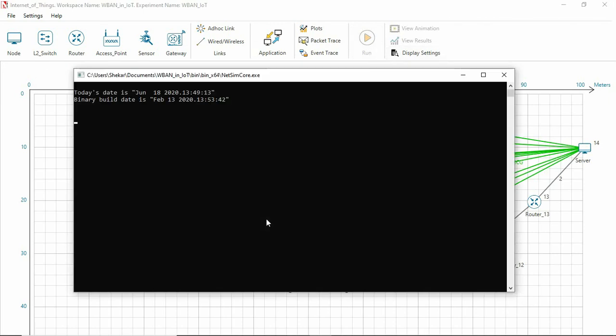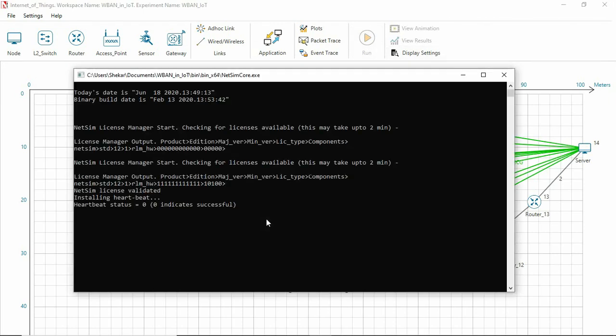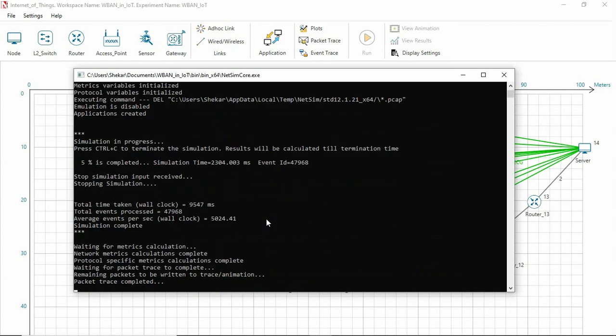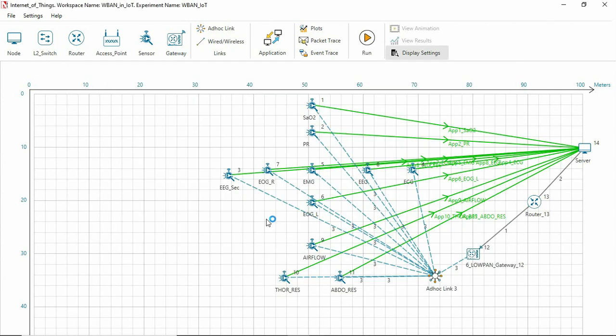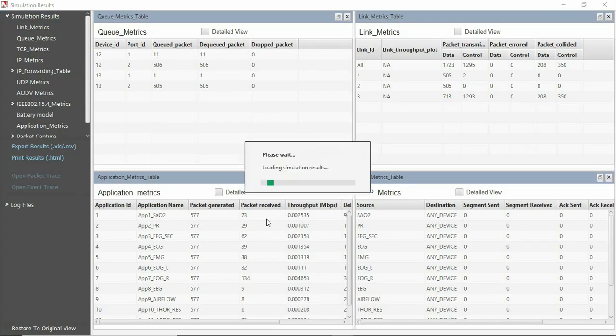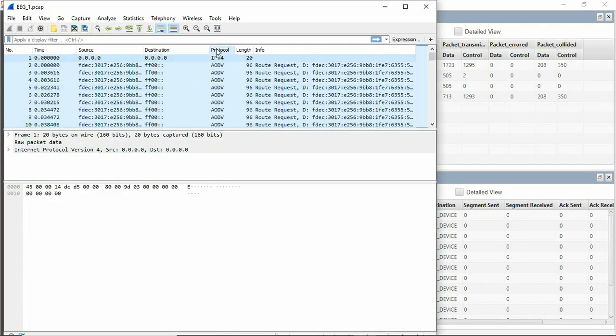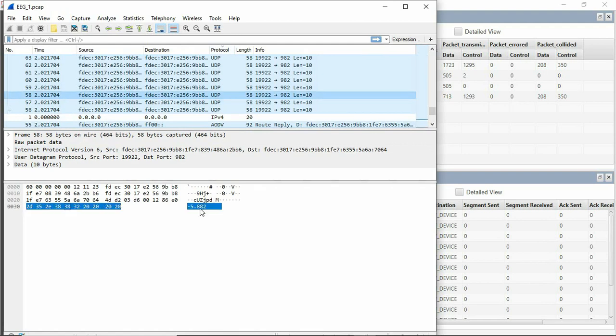During simulation, the sensor data is transmitted from sensors to the server via the virtual network in NetSim. The log file is given as input to the simulation. NetSim programmatically determines which data is to be sent from which sensor. In the results window, we can see the output packet capture files of the sensors. We open one of the files. You can see the sensor reading is forming a part of the payload being sent to the cloud server.